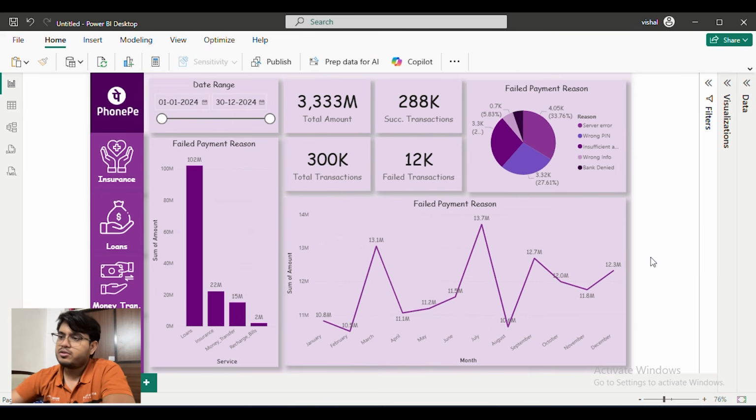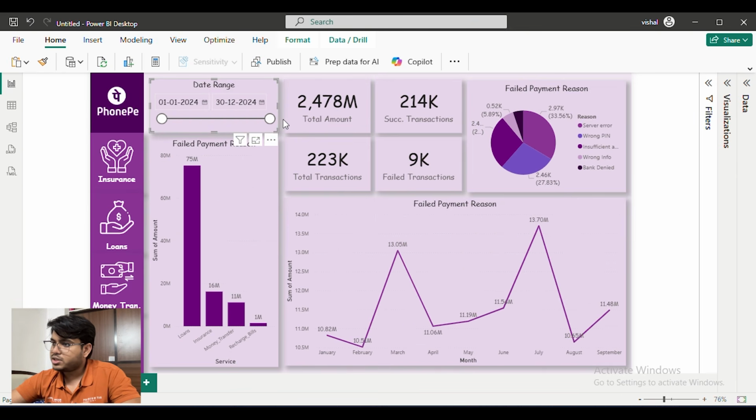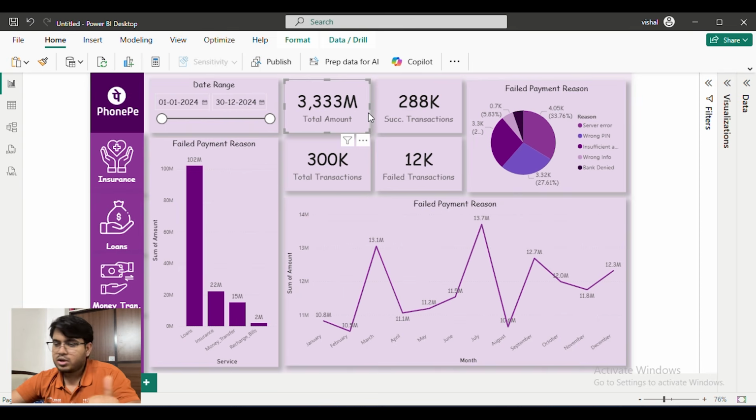So like this you have created your first page where you have added the first block, which is your date range. Once you change your date range, your values will also change. Then you added the total amount which has been transacted. Then you added total transactions. Out of total transactions, how many are successful? 288k are successful. Failed is 12,000. Okay, and next is your failed payment status reason, and here you will get to know which is